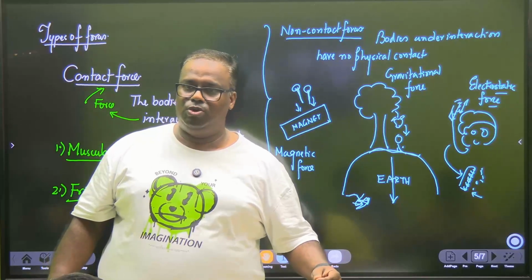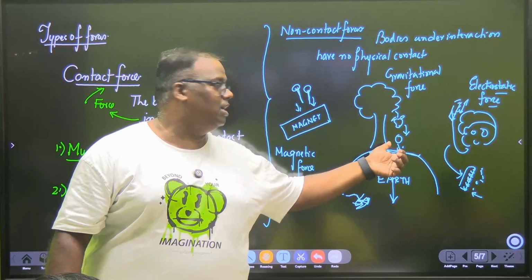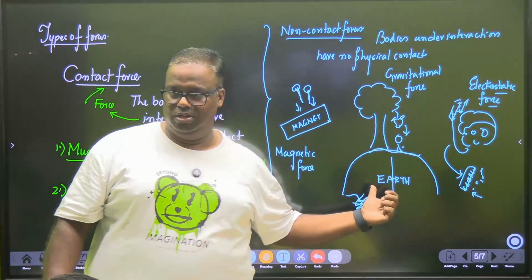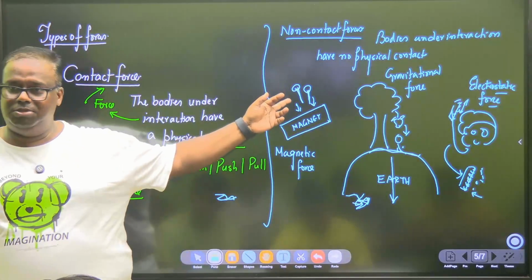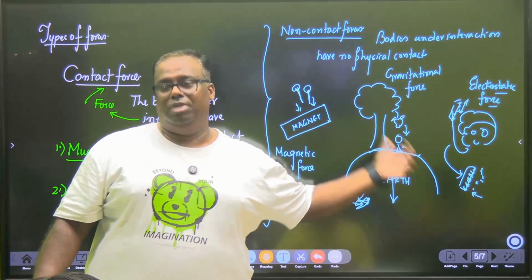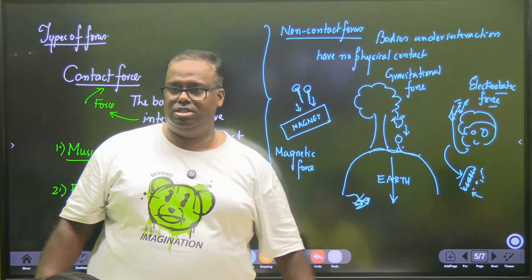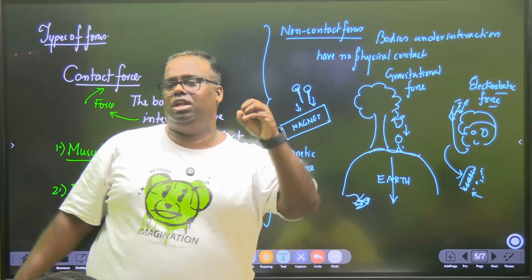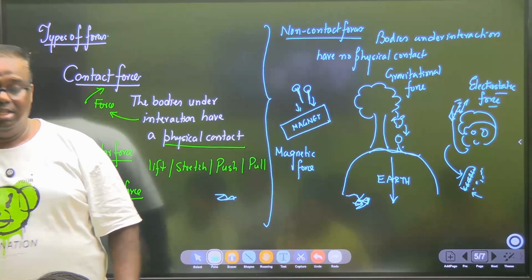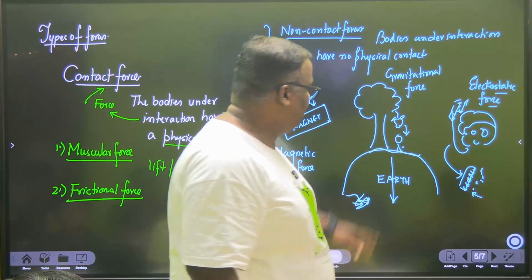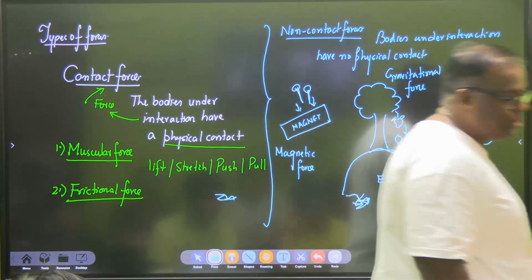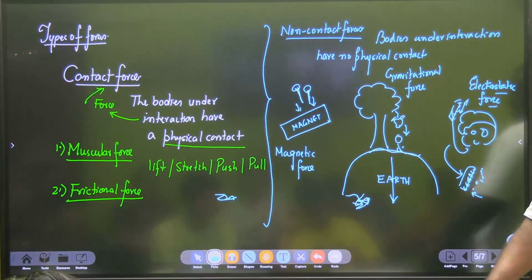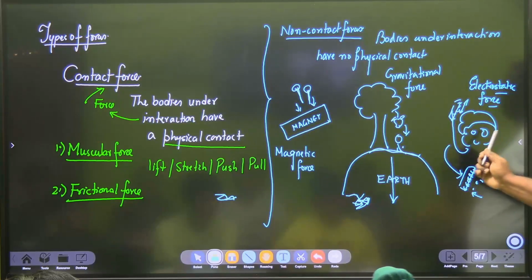So gravitational force acts on any body which has a mass in a gravitational field. Magnetic force acts on any magnetic material in a magnetic field. Electrostatic force is felt by two charged bodies, or a single charged body in an electrostatic field. There is a catch here. While you can write that gravitational force is always attractive, magnetic and electrostatic force can be